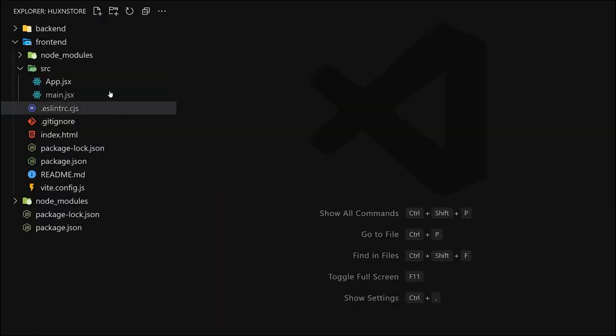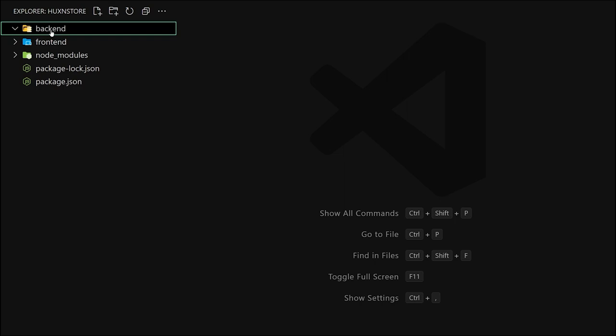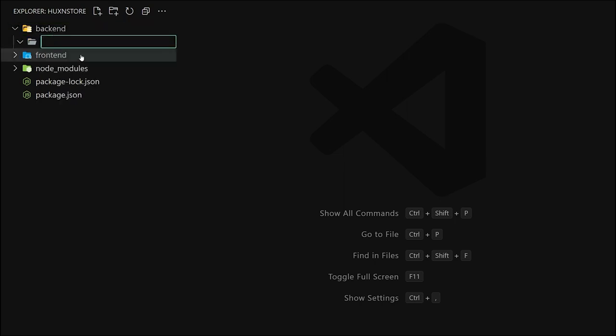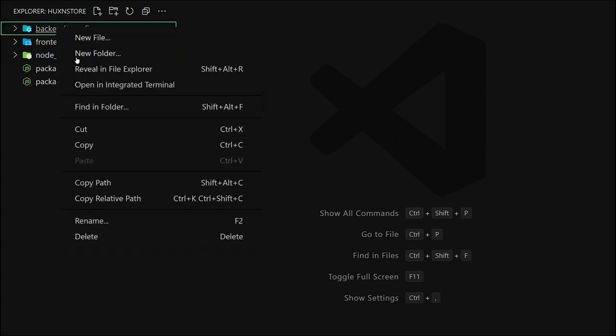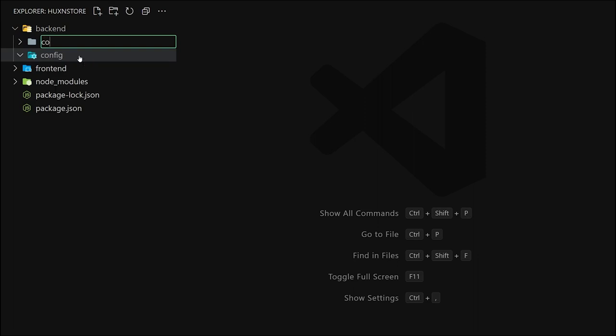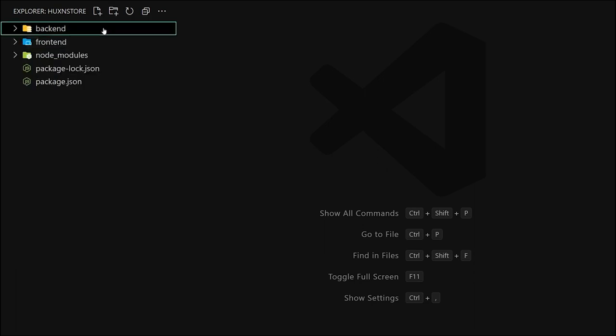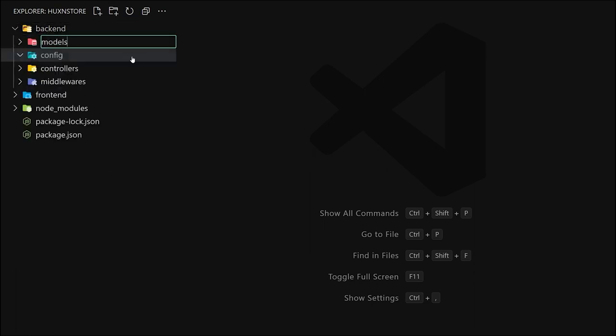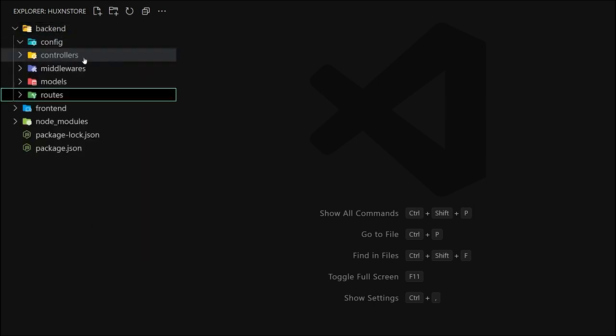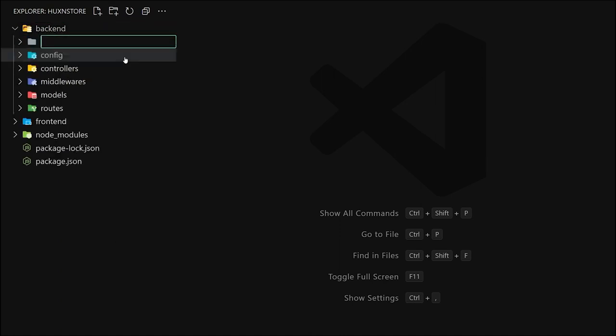So I'm going to just close that right here, and I'm going to go ahead and go to the backend folder. And now let me just create a lot of folders. So the first folder I'm going to create for the configuration, so I'm going to just give a name of like config. Okay, so this is going to be the first folder. The next folder which I'm going to be creating is for controllers. Okay, and then we have to create one for middlewares, so middlewares. And now let me just create one more for models and also for routes as well. So that's for routes and also for the utils,